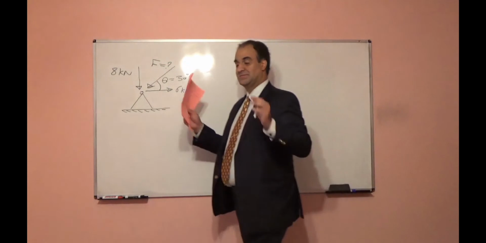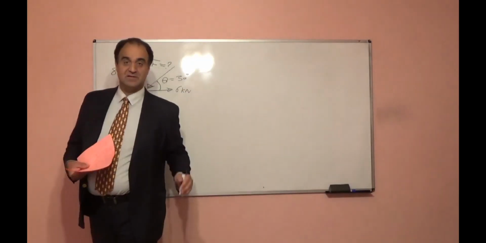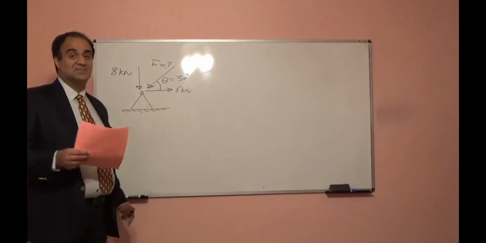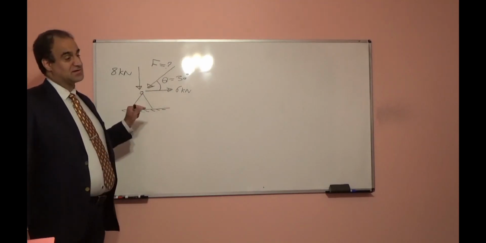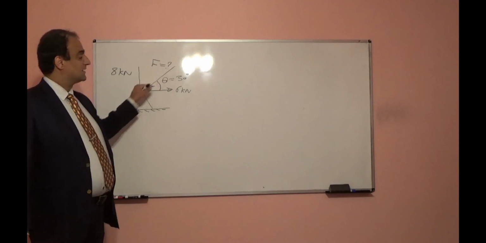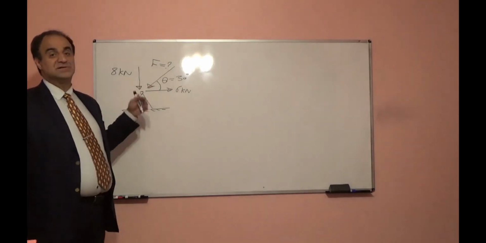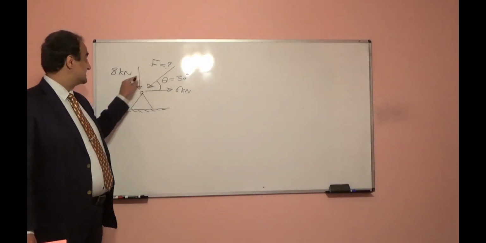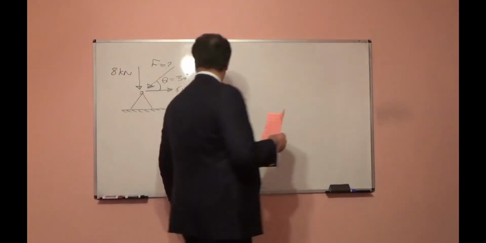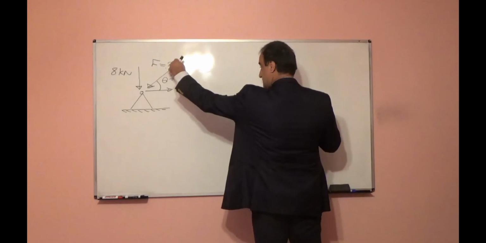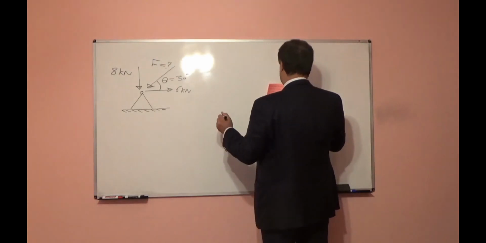It means we will make the resultant force minimum. We will minimize the resultant force. If we apply this force, the resultant force for these 3 forces is minimum. What is this force magnitude and what is the